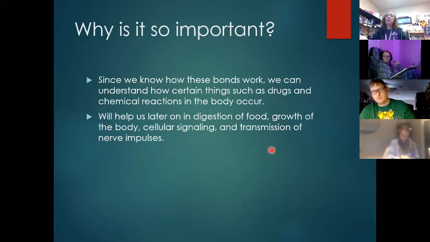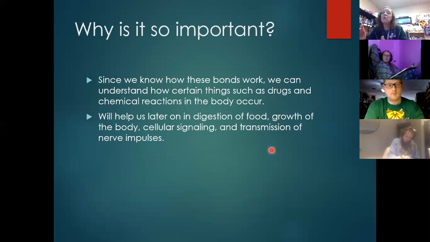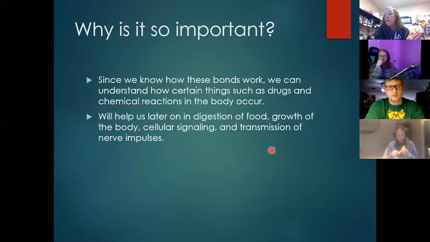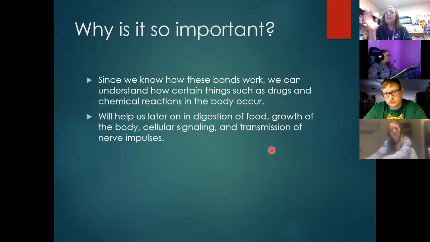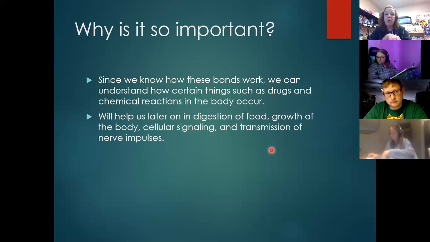So this is important, and we're going to talk a lot more about these bonds because there are drugs and chemical reactions that can slow down or speed up the breaking of those bonds. We can slow down and minimize the amount of energy our body and cells get, or we can speed it up and maximize it. We can direct the energy into other areas. We have a whole lot of things that can manipulate the ability to break these phosphorus bonds.